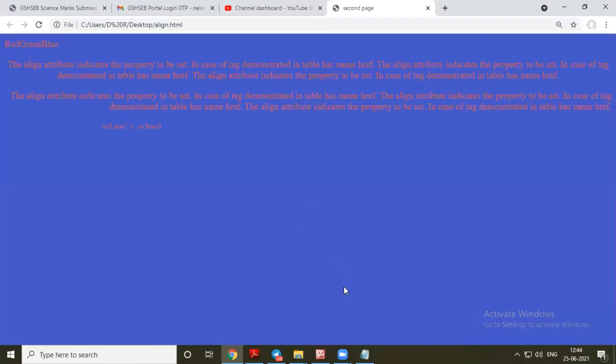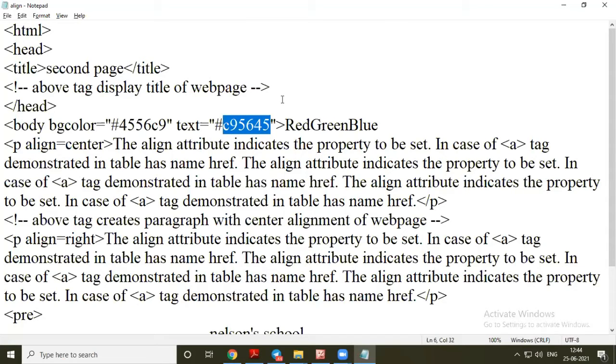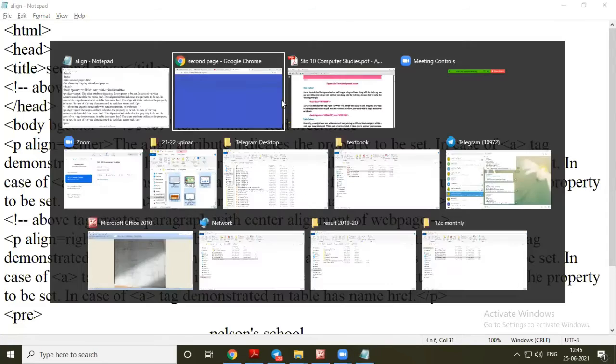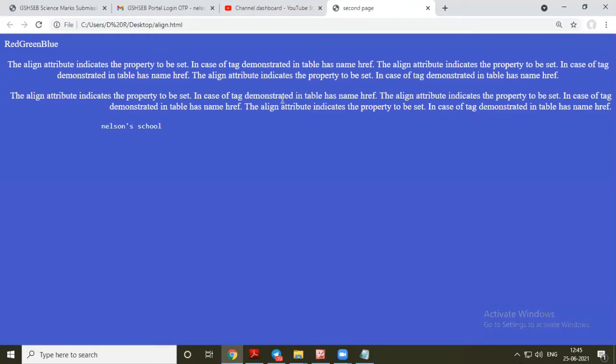Okay, now we are getting text in this form. Okay, when you change any value, you will get that effect there. So right now we are making it white only, so that the text is visible clearly and can be read clearly. Okay, depending on the background color, we use a contrast color for that text.